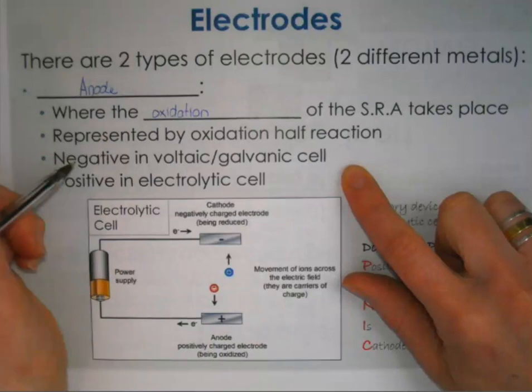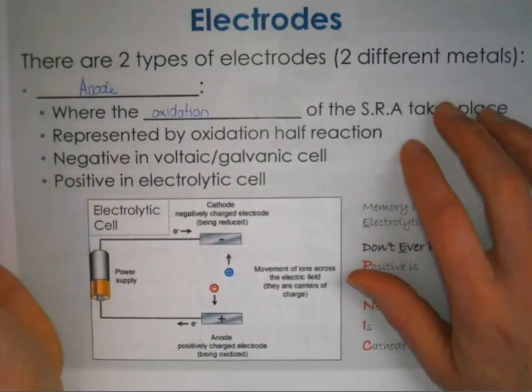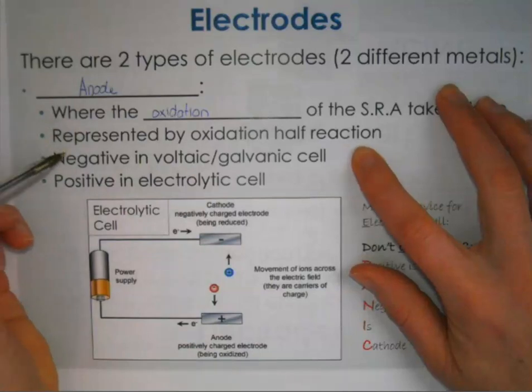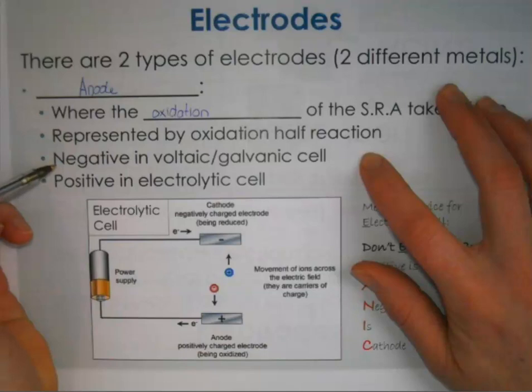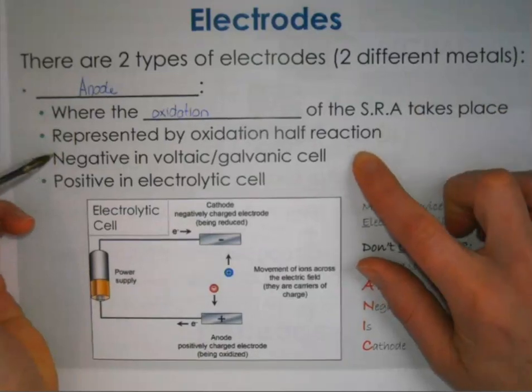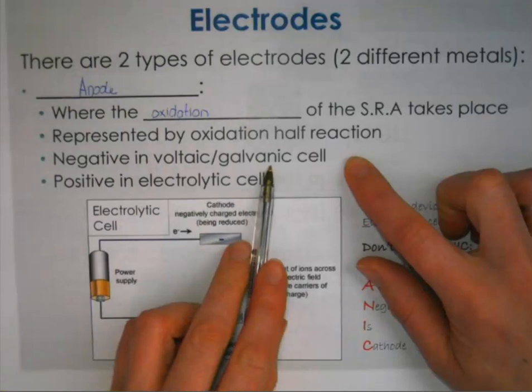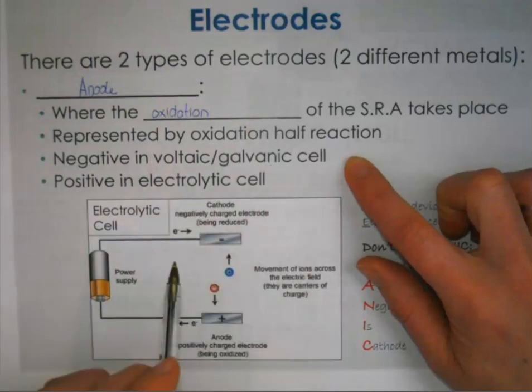Now, there's not a lot of information in your textbook about this, and there might be differing opinions as to why these different signs are assigned to the anodes in the different cells. But basically my best understanding is that in a voltaic or galvanic cell, because we have a spontaneous reaction happening,